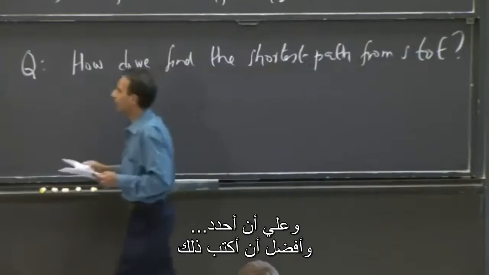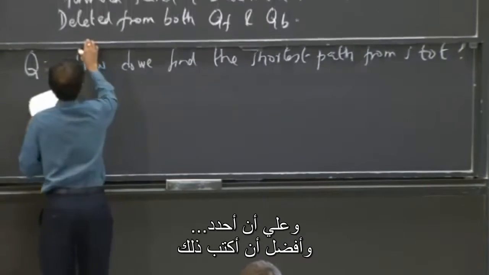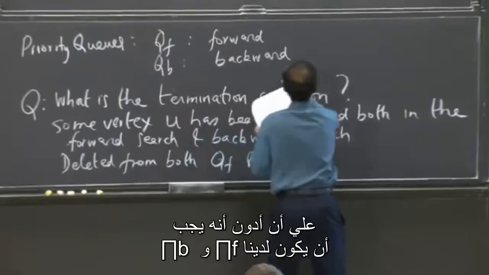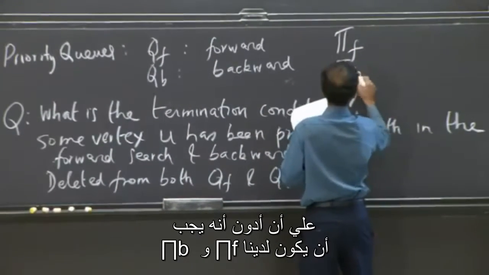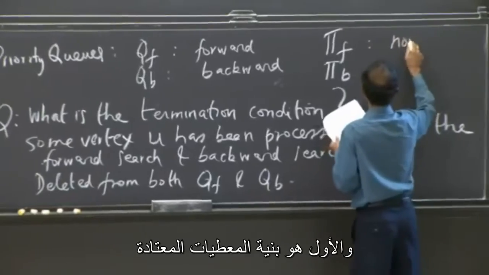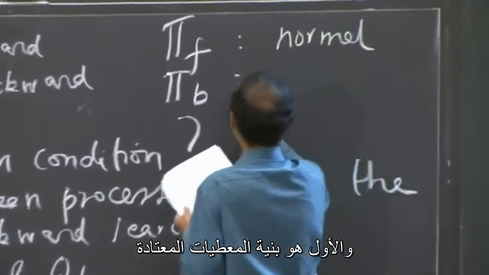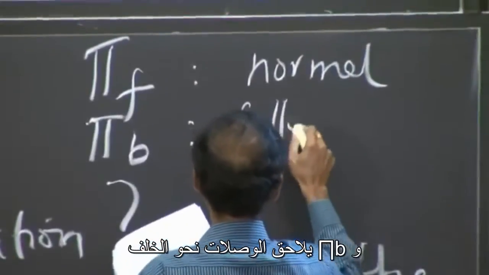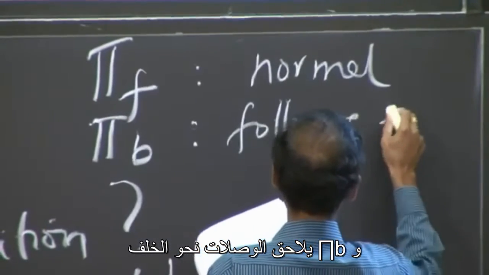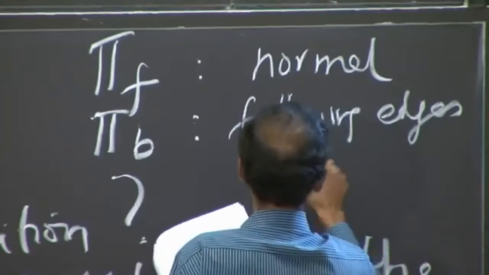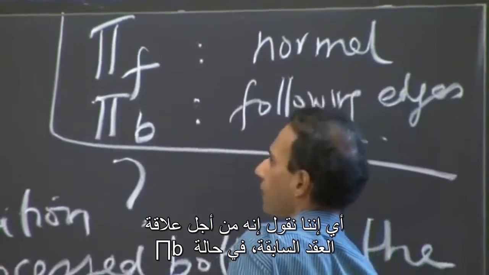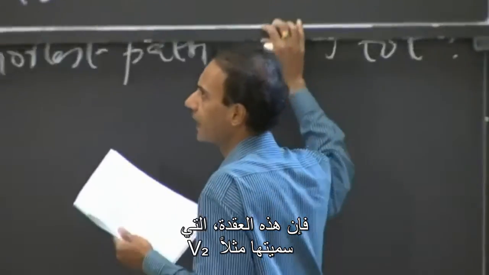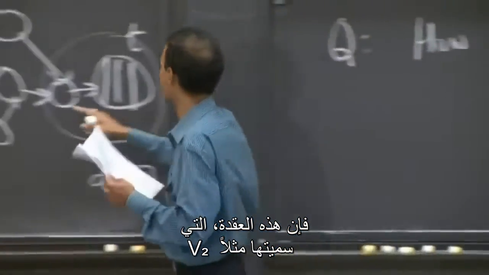Okay, and I should say specifically that, and I forgot to put this up, which I should, we're going to have pi f and pi b, which is sort of the normal data structure, and the pi b is following the edges backward. So in some sense, the predecessor, so in the case of pi b, what you're saying is on this node here,